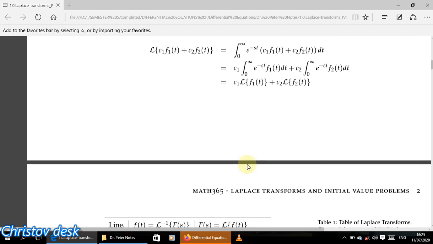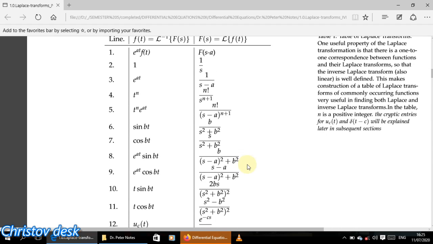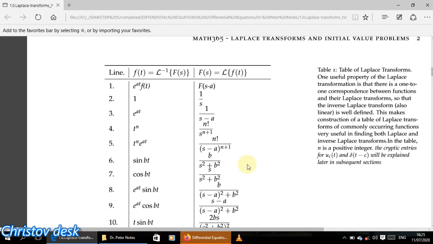Okay? So take note. Now, this is a Laplace table that has various functions and then their Laplace transforms. So when you have a 1, the Laplace transform is 1 over s. So if your f of t, your function, is